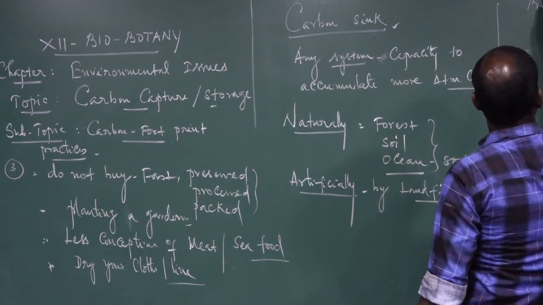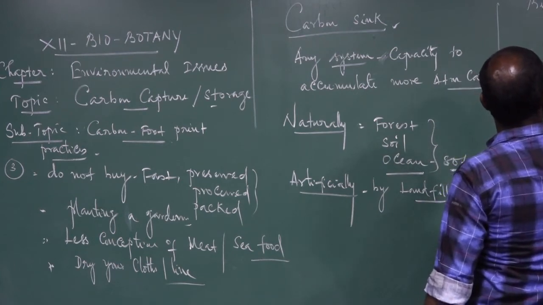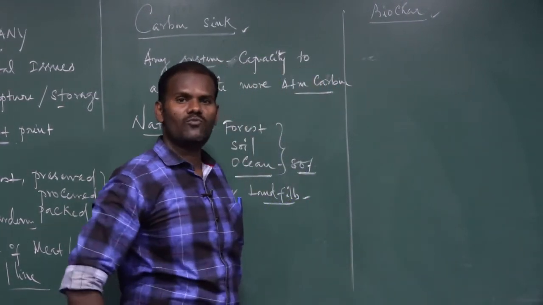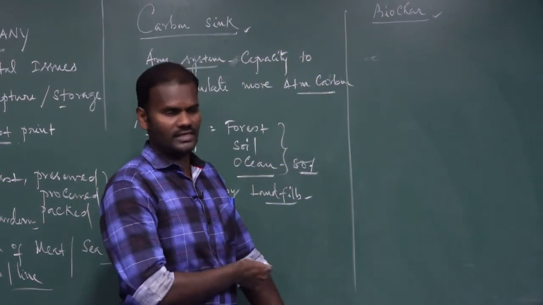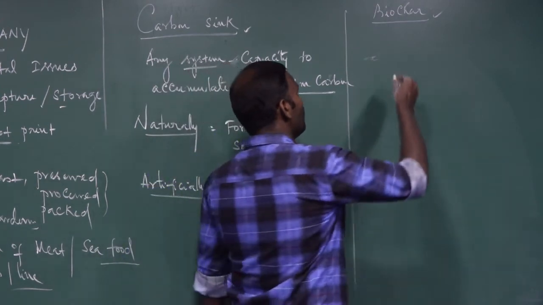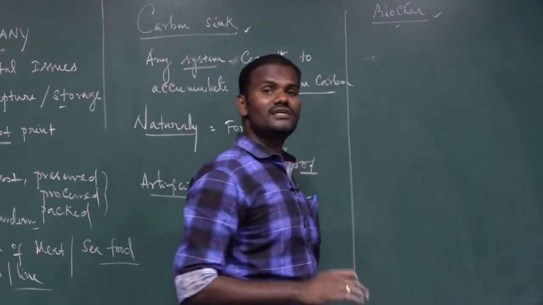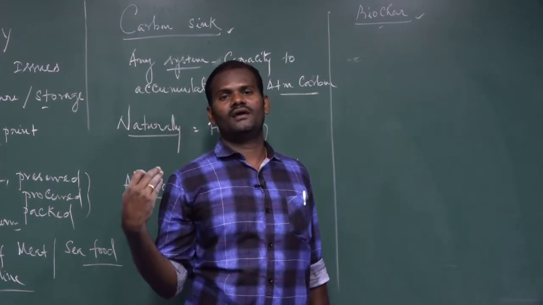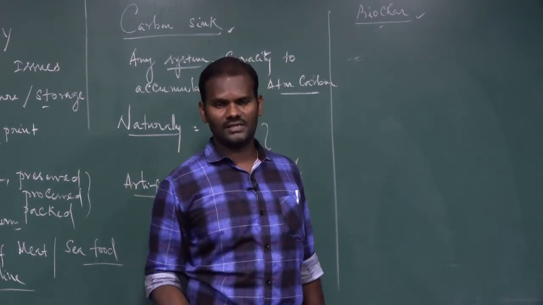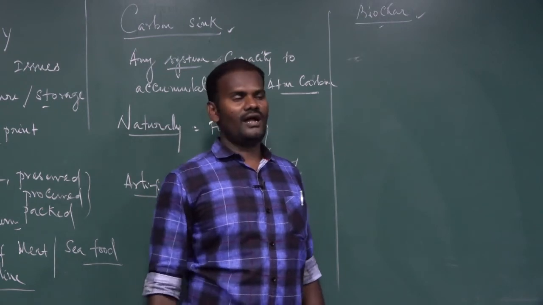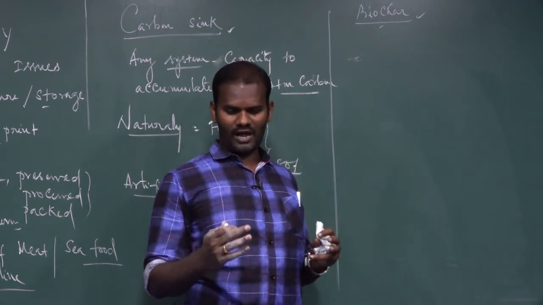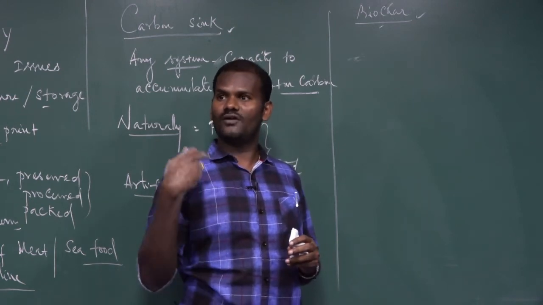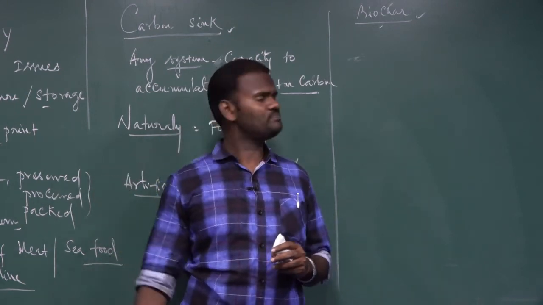The next heading, biochar. What is called biochar, how is it formed, what are the uses of biochar in the agriculture field? That's what we are going to discuss. Biochar is a long-term method of storage of carbon. We know that just now we were discussing how to store the carbon in underground parts. These are called carbon sequestrations. And we discussed the problem effects we are going to face in the environment due to global warming and other things.